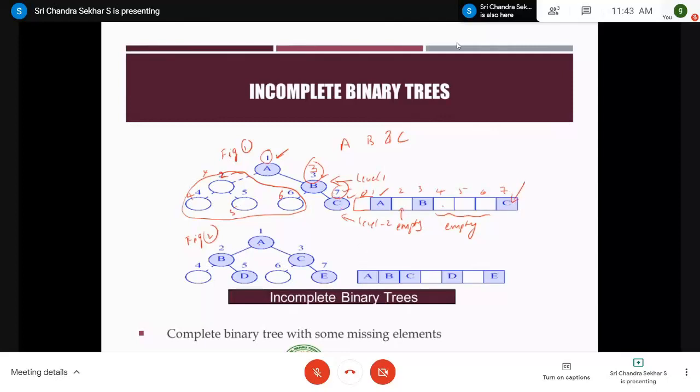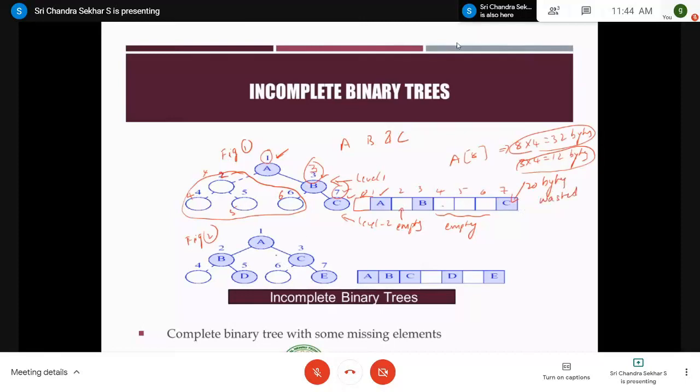Similarly, you take this figure 2. Therefore, you can observe that the size of the array is 8, right? Therefore, we have the indices from 0 to 7. Out of these elements, total size is 8 into 4, that is 32 bytes. But we are storing only 3 elements, right? What are A, B and C. So 3 into 4, 12 bytes. So we just require 12 bytes, but we have allocated 32 bytes. Therefore, 20 bytes is wasted. So that is the disadvantage of representing binary trees using array representation.